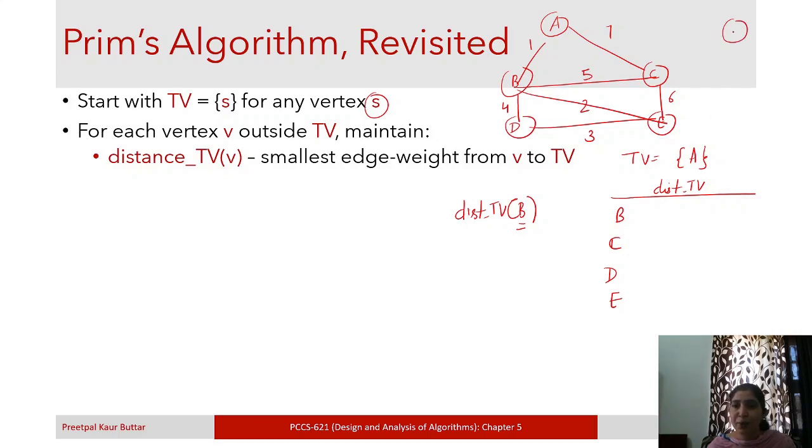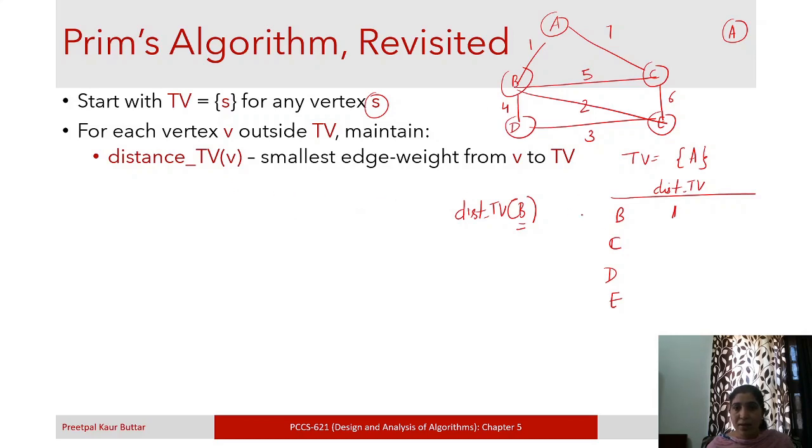Initially our minimum spanning tree contains only A. Okay, so which is the cost of the edge which is minimal, which is connecting B to this tree? So here it is 1, right? The cost which is connecting B to A is 1, right?